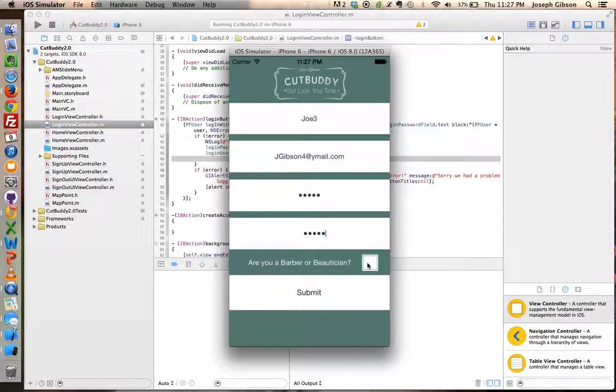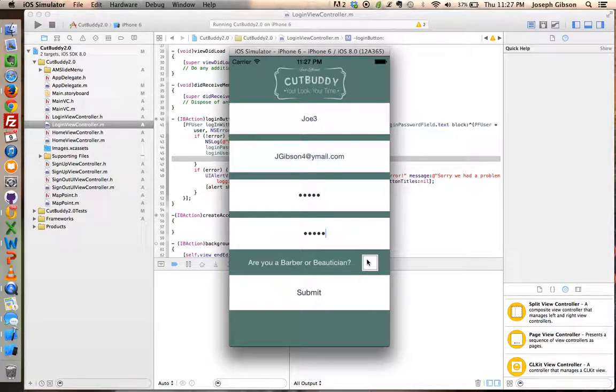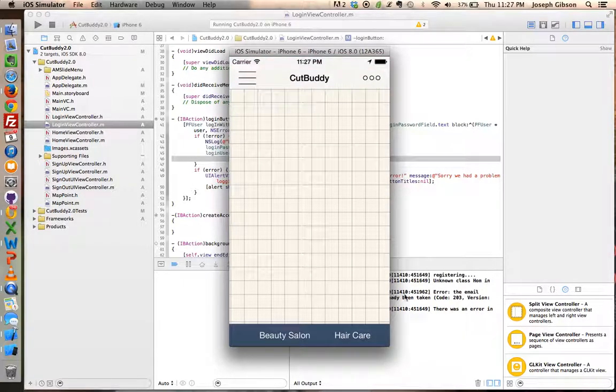Also, I made this little toggle switch here. I actually didn't know that there wasn't a checkbox in the storyboard options here. So I found a good tutorial on how to make my own. So that's cool. Now, a toggle for whether you're a barber or beautician. So hit submit, and we have